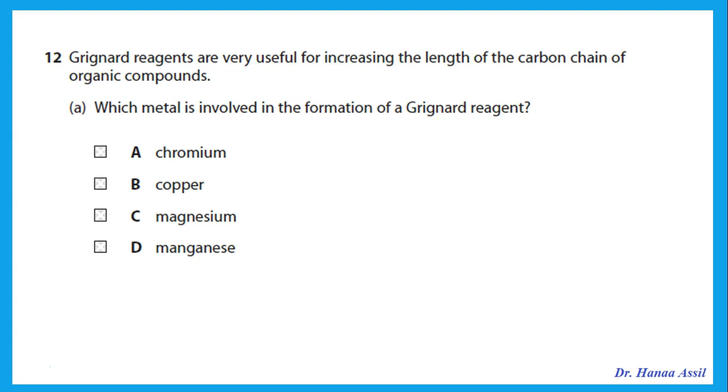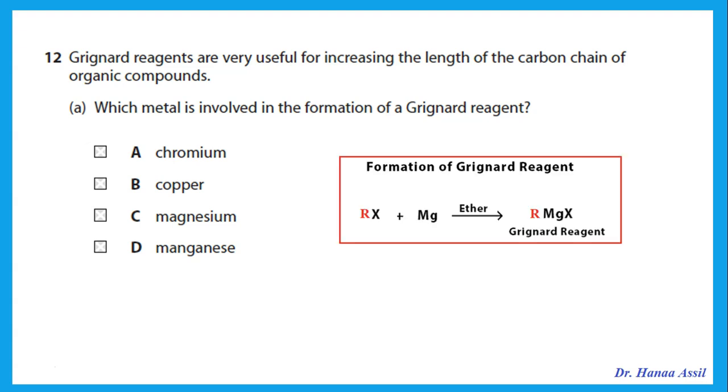Grignard reagents are very useful for increasing the length of the carbon chain of organic compounds. Which metal is involved in the formation of a Grignard reagent? Let's remind ourselves, what is a Grignard reagent? It's a substance formed by the reaction of a halogenoalkane with magnesium. In the presence of ether, this reagent can then be used to react with other substances to add that R group